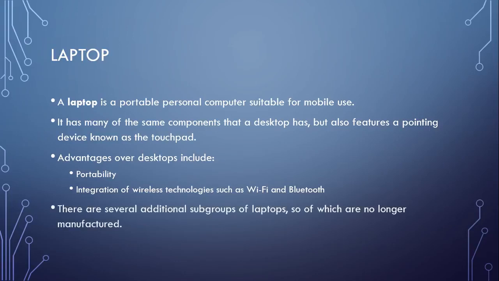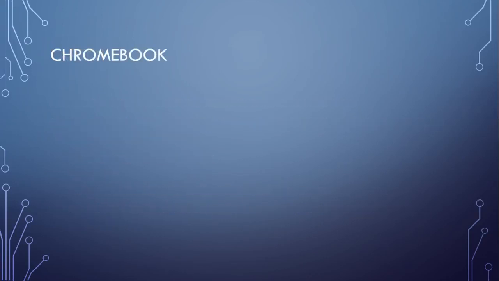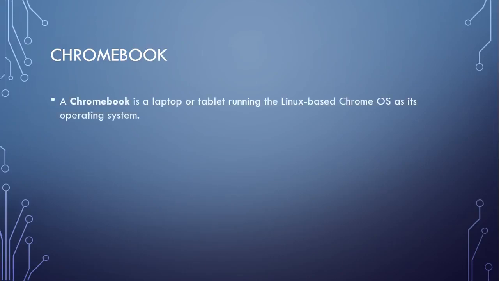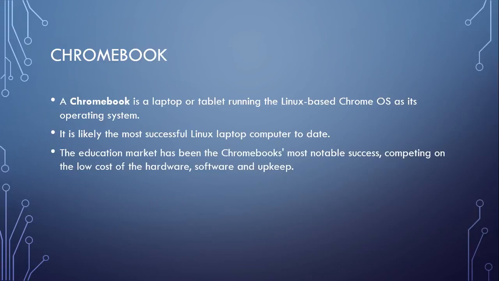Now there are several subgroups of laptops, some of which are no longer manufactured. So we're going to skip the non-manufactured ones and jump right into the ones that exist. I'm going to first talk about the Chromebook, which kind of superseded one of the older categories, which was that of a netbook. The Chromebook is a laptop or tablet running the Linux-based Chrome OS as its operating system. What's interesting is that they're considered pretty much the most successful Linux-based laptop today because they've become very proliferated in lots of settings. Mostly the education market has been their big success